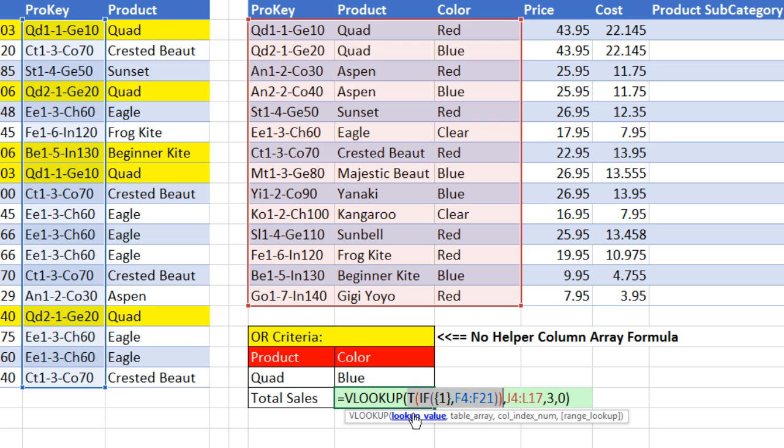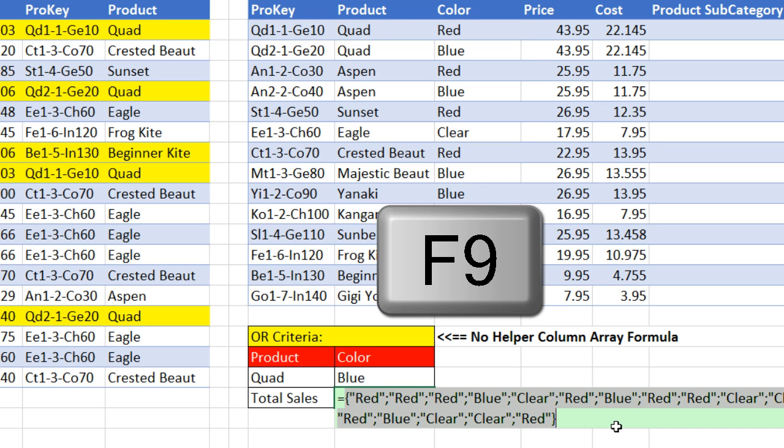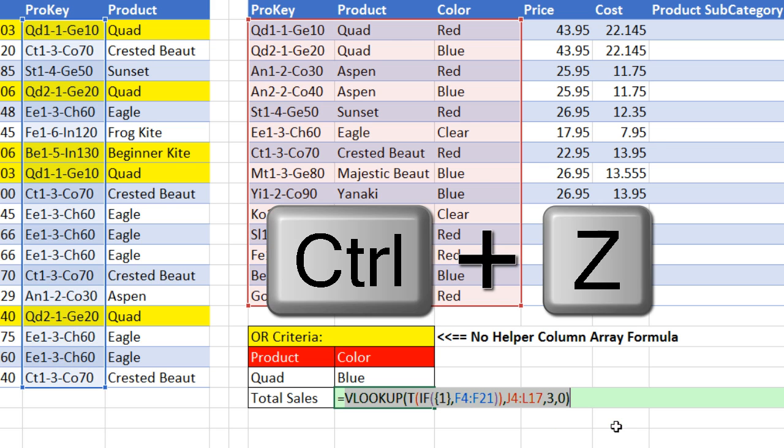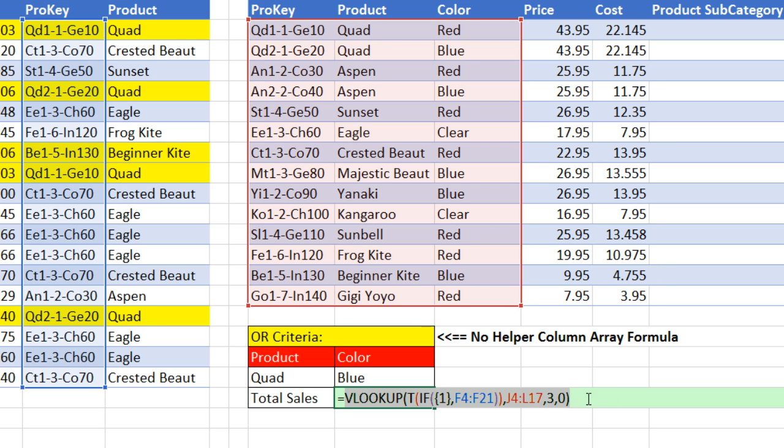And there you go. That little bit will force VLOOKUP to do a function argument array operation. I put my cursor at the end, F9. That is amazing. Esoteric, yes, but amazing. Control Z. Now, since I have my helper column, one of the logical tests we need to say, hey, are